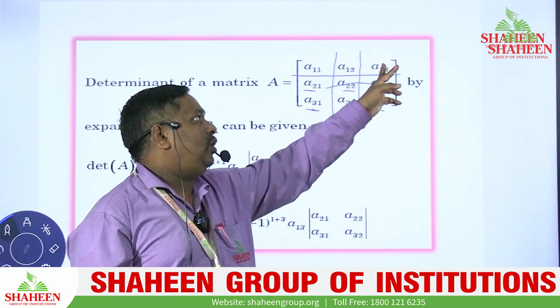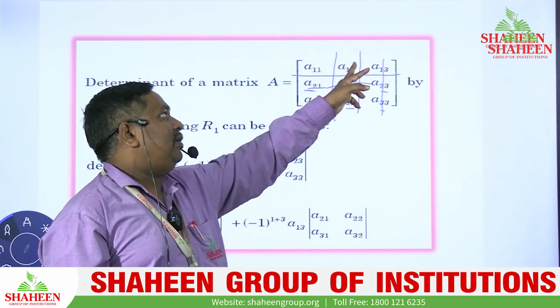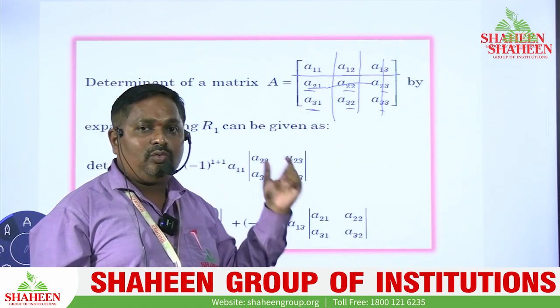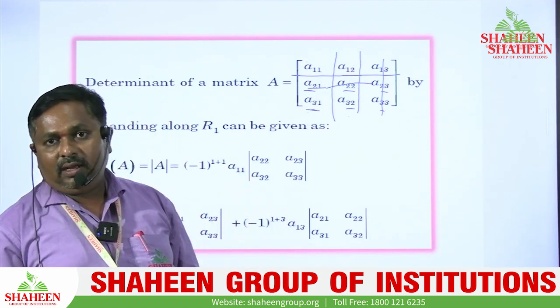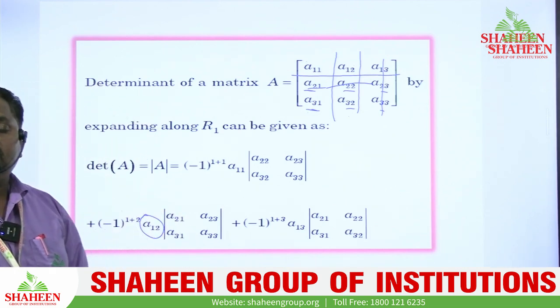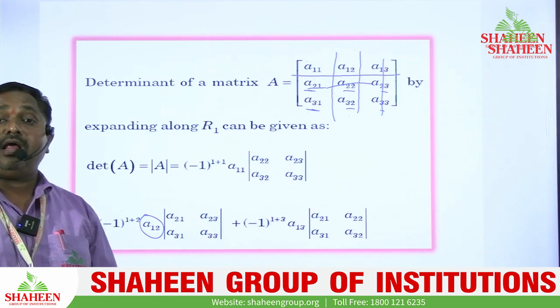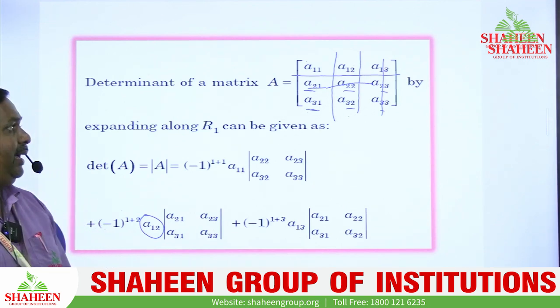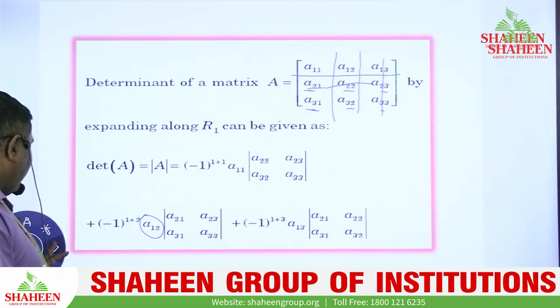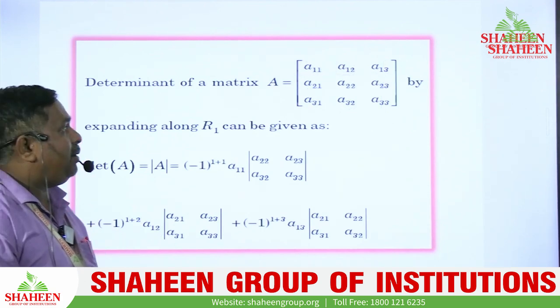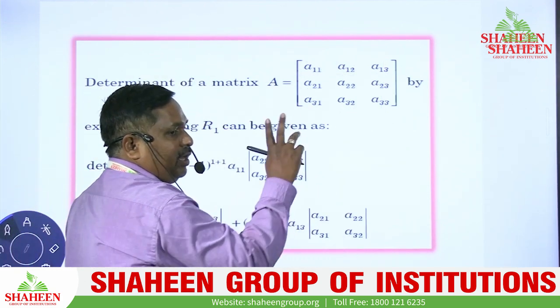We will leave this row and this column, and we'll get a11 a12 a31 a32. We are taking this in the determinant, and on simplification we'll get the value of that matrix, that is the determinant. Determinant is a number. Okay, suppose we are using the third column of this matrix. We saw two examples of rows.